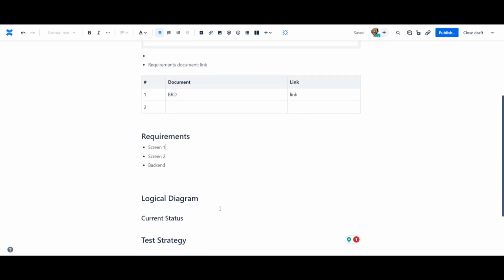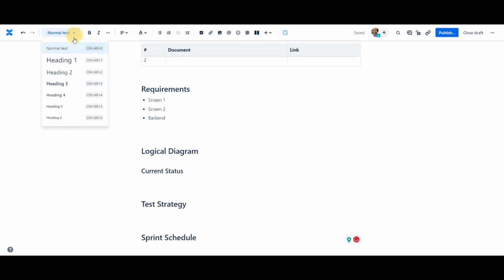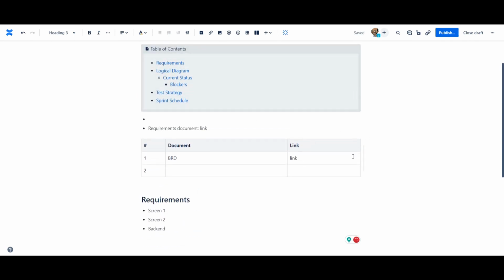And if I was to put another and say, well, I want to put heading 3 now, and this time is current status and issues or the blockers, for example. So now if I look at that, it gives me a third level. So you can see it really breaks it down the way it should be shown, and the table of contents shows that. So if I was to publish this now,